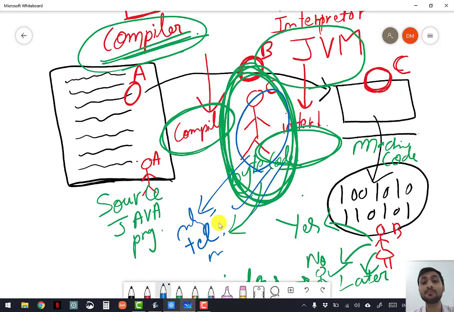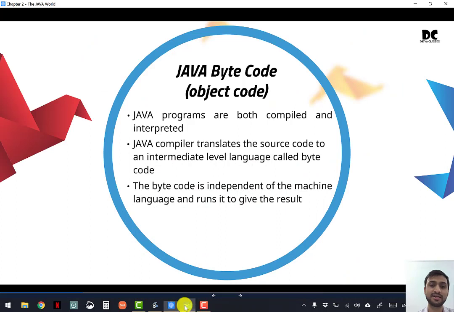That is the power of the bytecode person. He can interpret in all different types of language. That is the power of the JVM, the Java Virtual Machine. It can be interpreted in all types of machine language. Java is created like that. Therefore it is known as independent of the machine language. Whatever may be the machine code of the final person, the bytecode can easily be converted. Hindi can be converted to any different type of language, something like that.